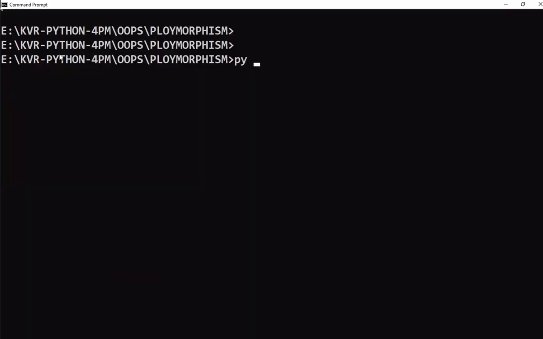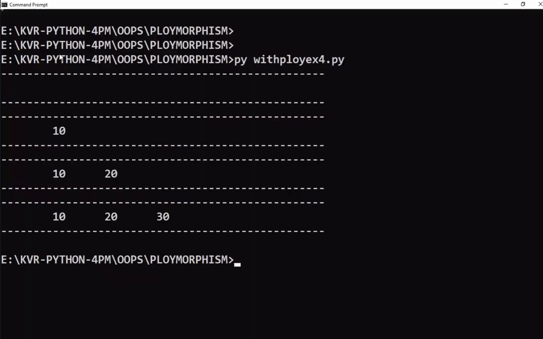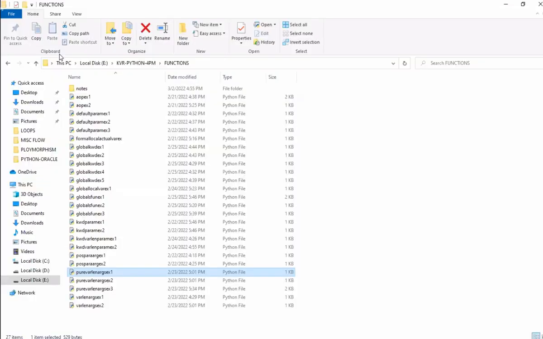Say this, py, the answer is something like this. The first one did not display anything. The second one, two values are there. The third one, two values, three values, one value, like that. Now, if I come back to my statement here,